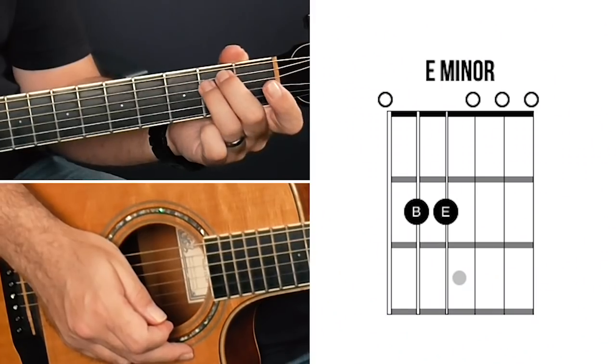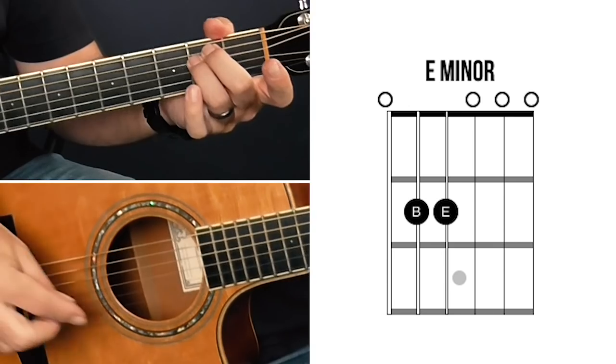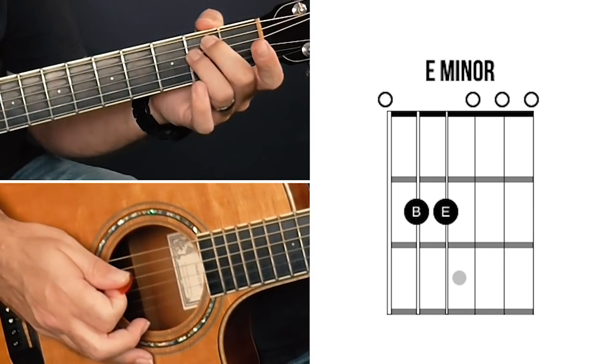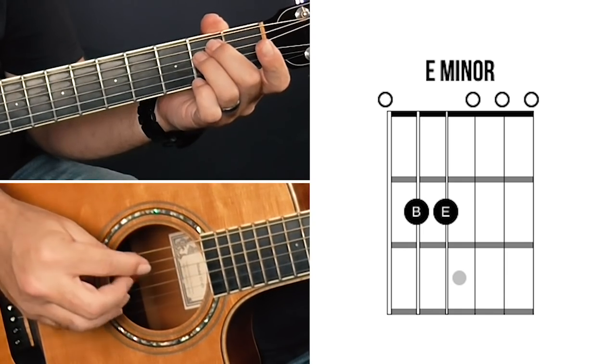So the very first song, Horse Without a Name, I really dig this because it's got such a cool vibe in the song, and it makes use of these two chords. Super easy. E minor. So it's literally just these two chords. It's E minor